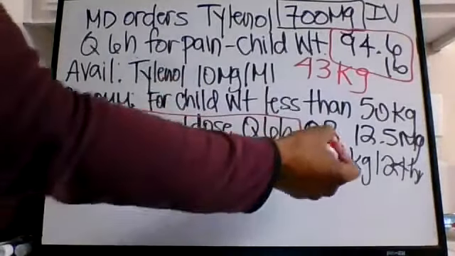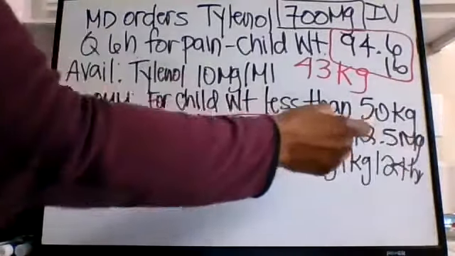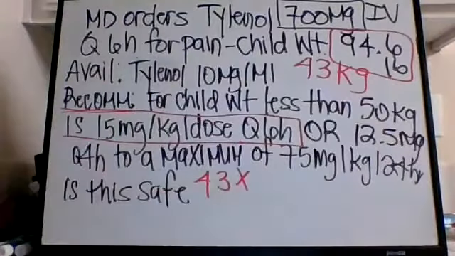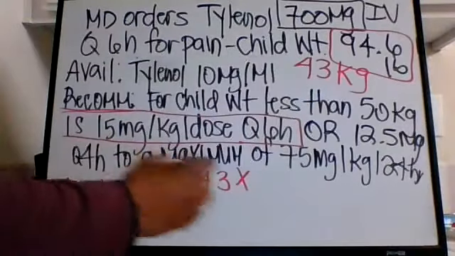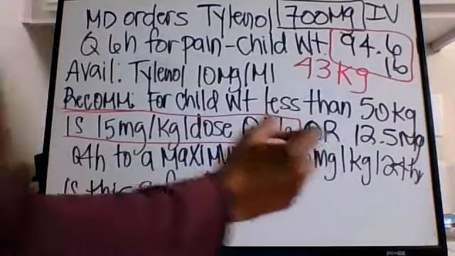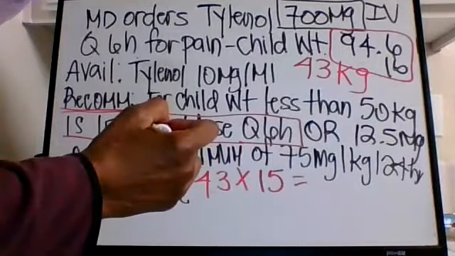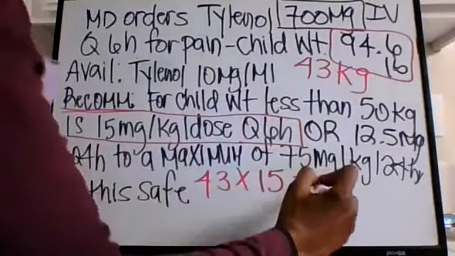Okay, so this other part is if the child weighed more. So we don't have to worry about all of this. So we take our 43 kilograms, we multiply it by 15, right? And that gives us 645